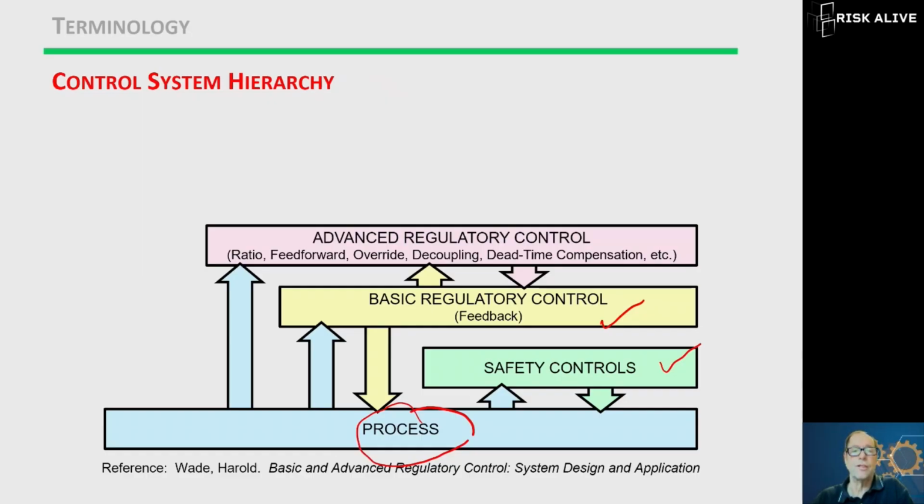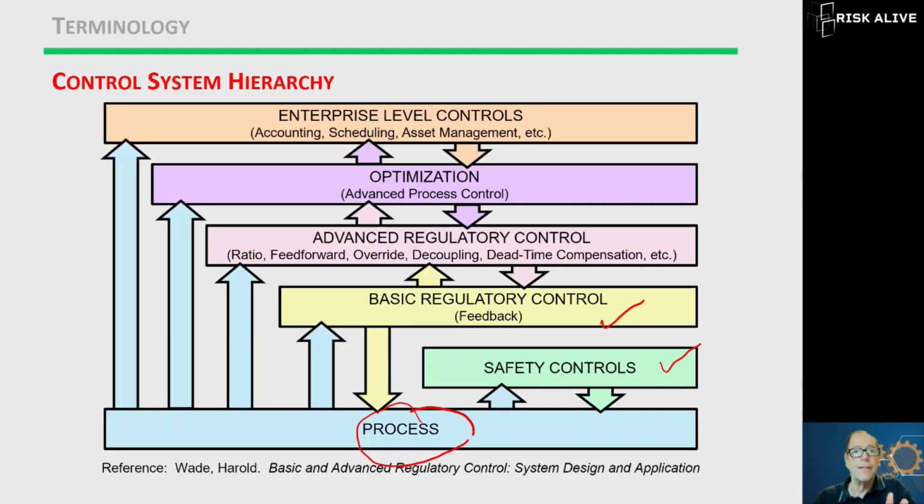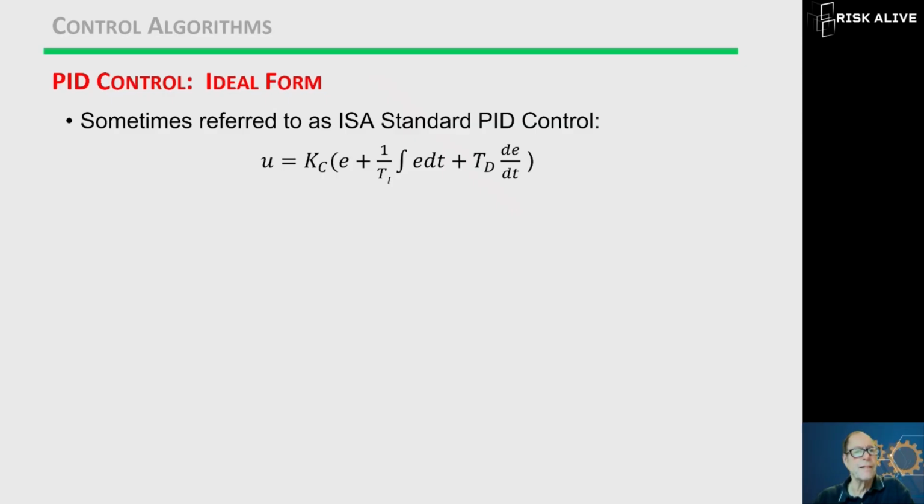And we'll have examples and we'll work through it and we'll get a good understanding of those different types of more advanced regulatory controls. Now, just to complete the slide, there's optimization, enterprise level controls. Those are somewhat outside the scope of this particular course. But once we've covered all that, then we look at things like the control algorithms. Remember, I said we're going to do control theory. Most of you have probably heard that, yeah, we have PID control. Well, what is that?